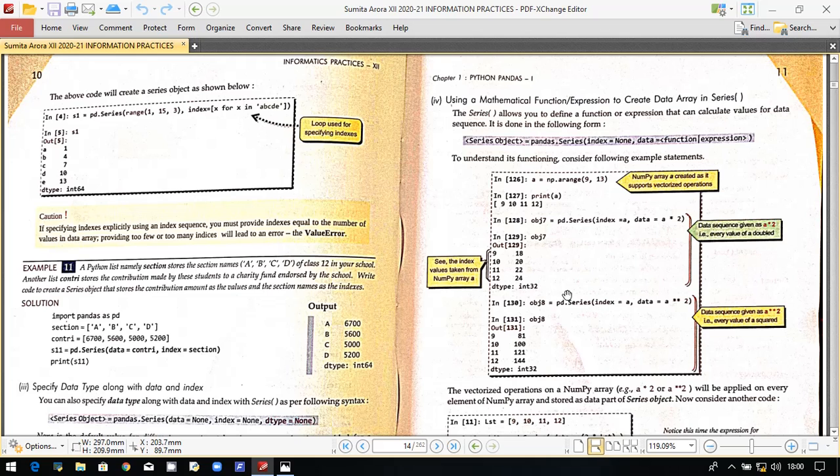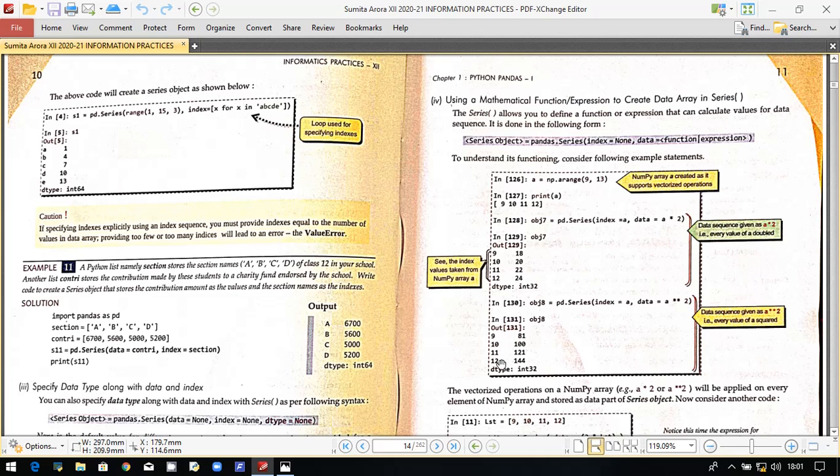Okay, and here we are seeing the data type as int32. Similarly, if we write a double asterisk here, the double asterisk refers to the power function, as you already know. So here we are passing the data with this power value. Whatever the value is there in a has been exponentially increased with the power of 2. So 9 has gone to 81, 10 has gone to 100, 11 to 121, and 12 to 144. So the square of the values has been taken, and the index has been taken directly from this a array, that is 9, 10, 11, and 12.